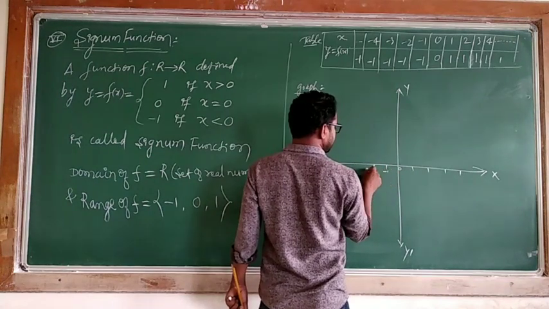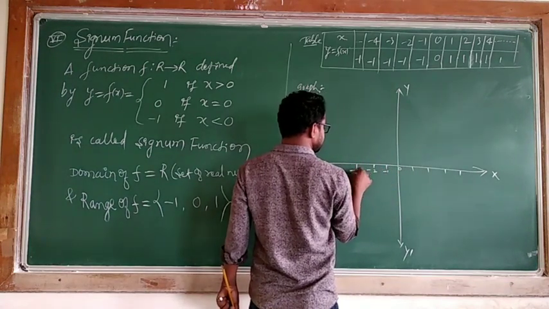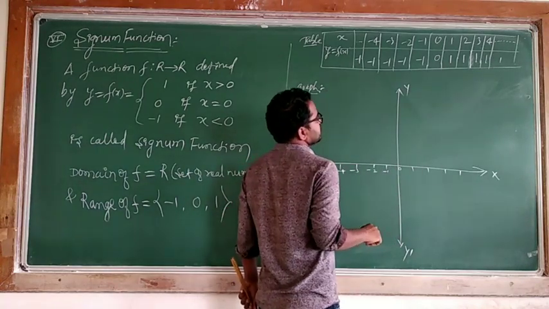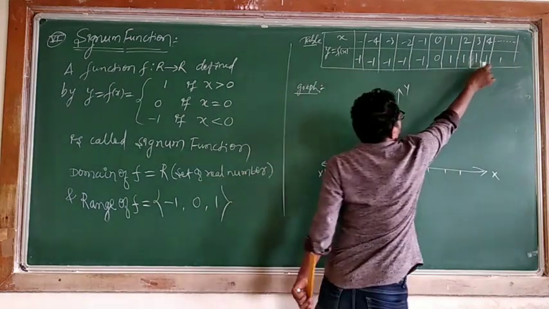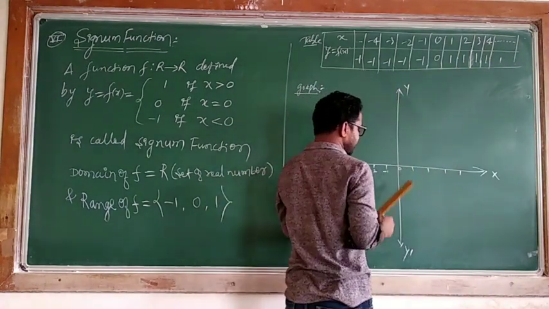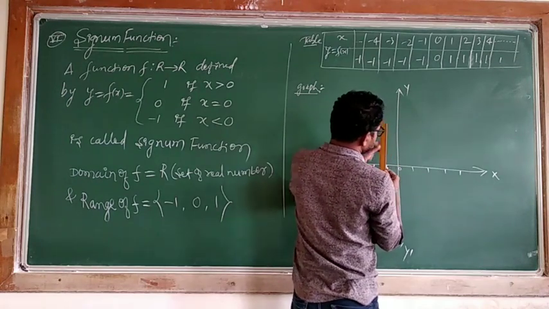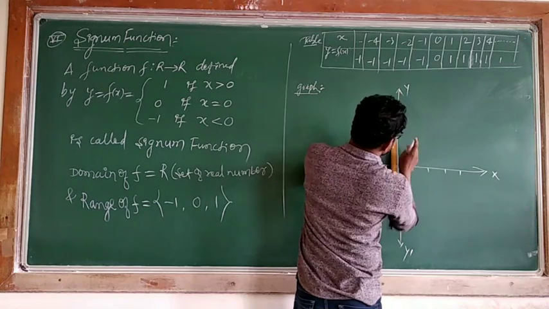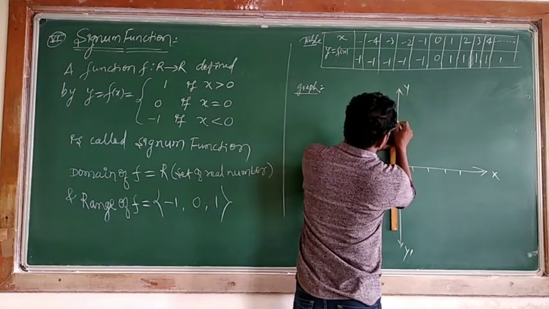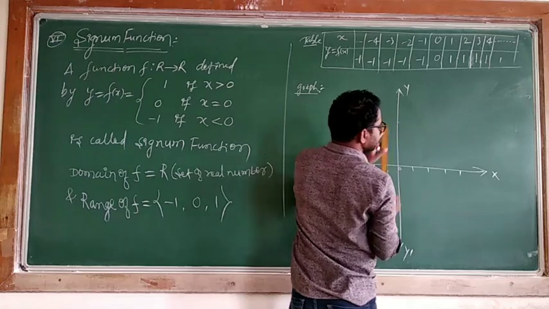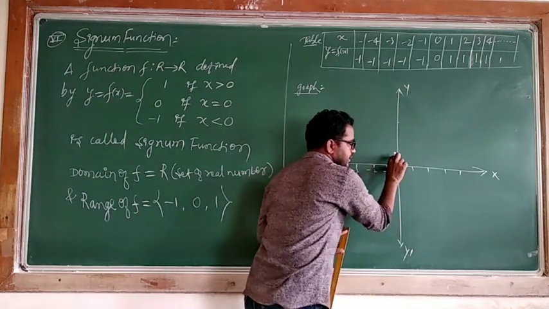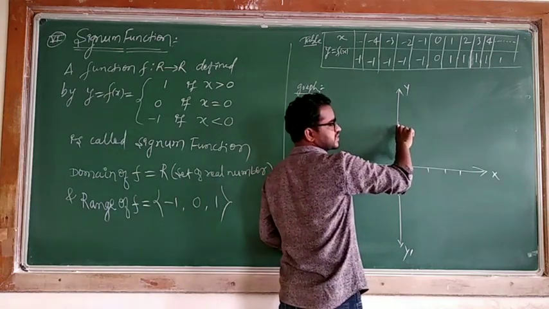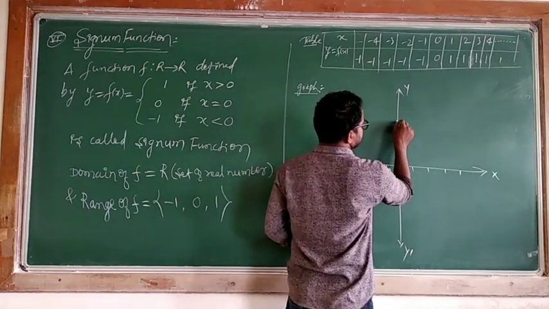-1, -2, -3, -1. The thing is, y value is maximum 1 only. I will fix some distance and consider 1 will be here. For our convenience, I need a bigger graph. Otherwise, if you consider 1 here, you will get a graph nearer to the x-axis. Better I consider more distance, because the maximum is only 1.